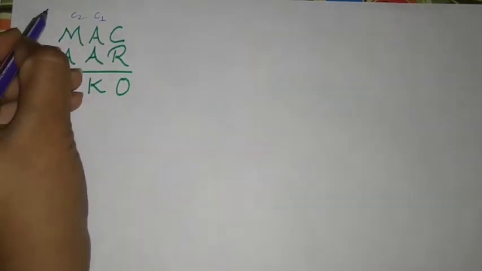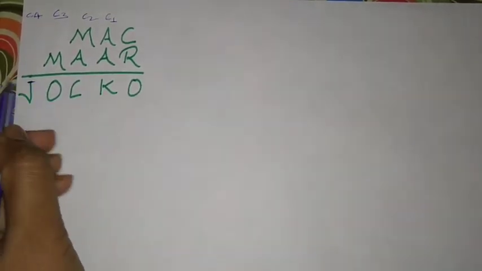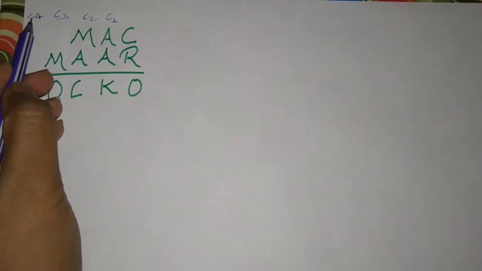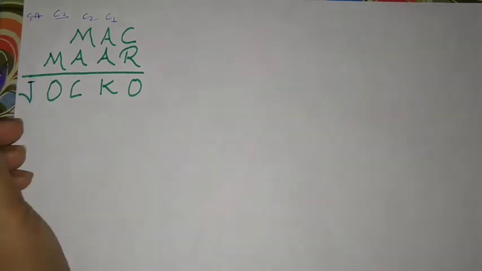In today's video, I solve another cryptarithmetic numerical. So let's start. In the first step, what do we do? We write all possible carries, that is, the possible carries C1, C2, C3, and C4. And next, we get this J value because of this carry C4, and we know that the possible value of C4 is 0 or 1.